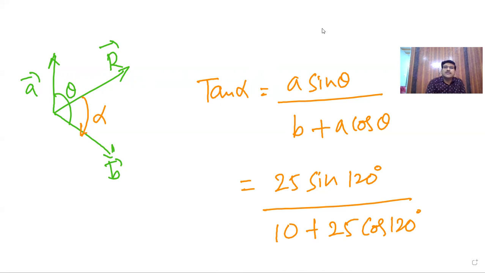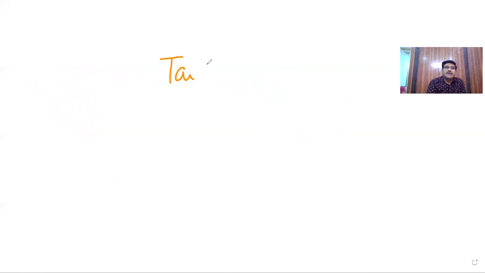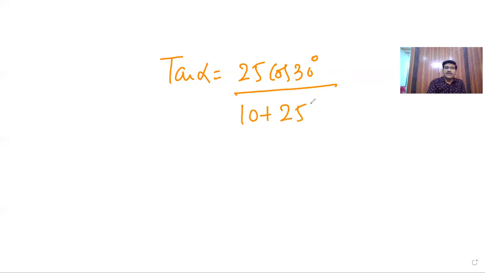So it becomes tan alpha is equal to 25 into cos 30. Sin 90 plus theta is cos theta, cos 30 by 10 plus 25, cos 120 is cos 90 plus 30 minus sin 30. So on simplification, 25 cos 30, cos 30 is root 3